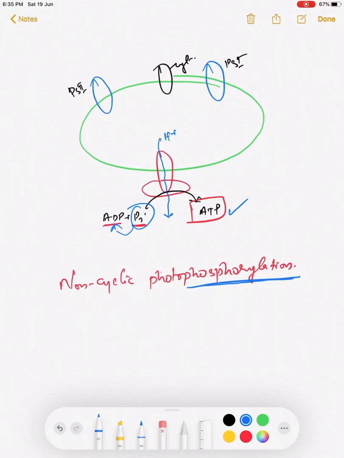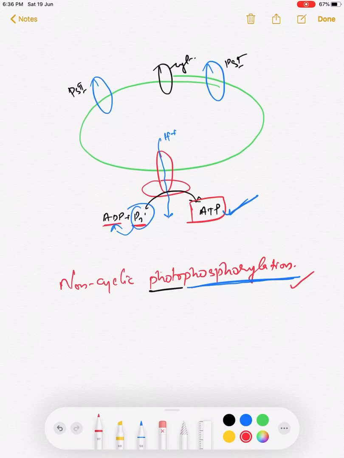This is called phosphorylation. Then why are we saying that this is photophosphorylation? You know, photo means it is depending on light. Where do we use light here? Even though we are not seeing a direct requirement of light, actually, this process of phosphorylation indirectly depends on light. This phosphorylation is nothing but formation of ATP.